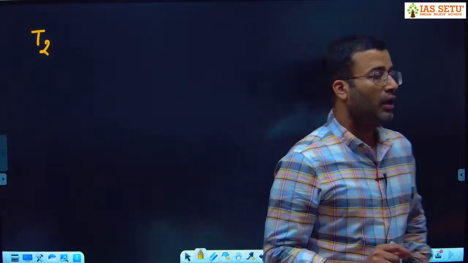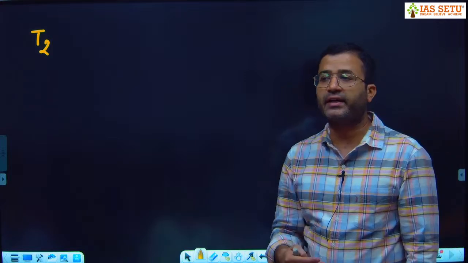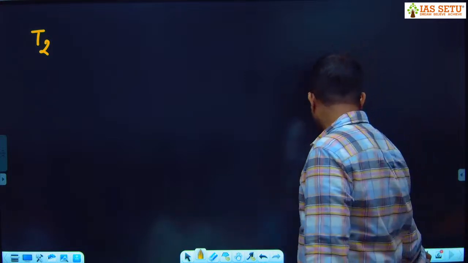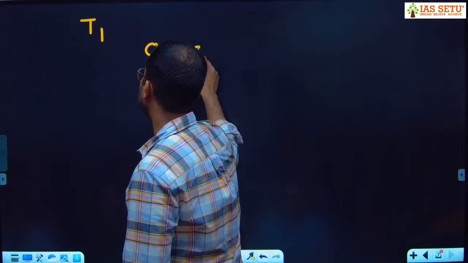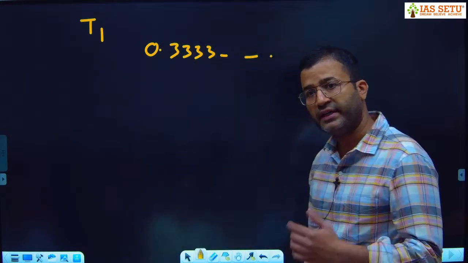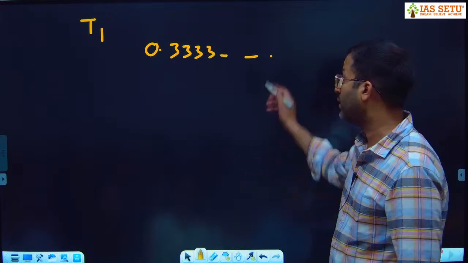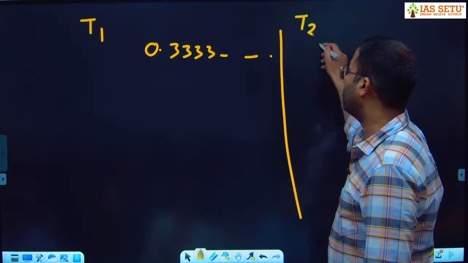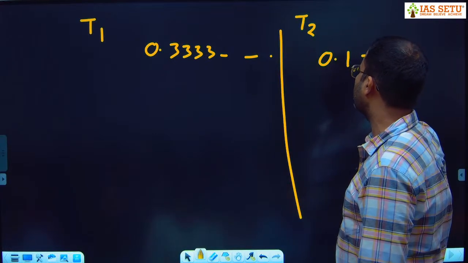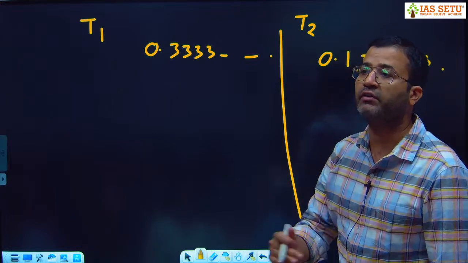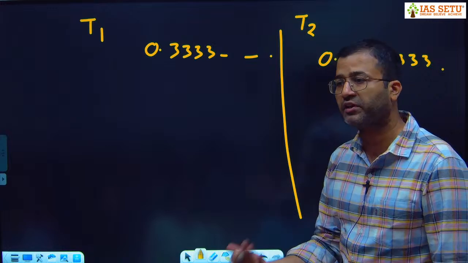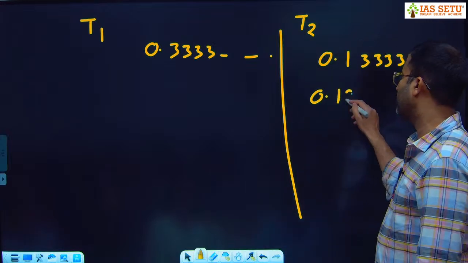Okay. First, let me tell you what is the difference between type 1 and type 2. In type 1, immediately after the decimal there is a repetition. But in type 2, after the decimal we have some digits, then we have repetition. That means immediately after the decimal we don't have a recurring digit. Some digits will come, then the recurring ones will come. Like